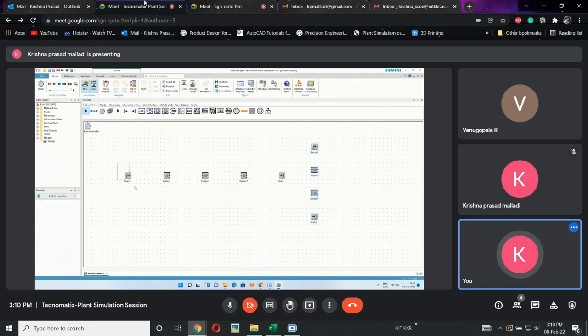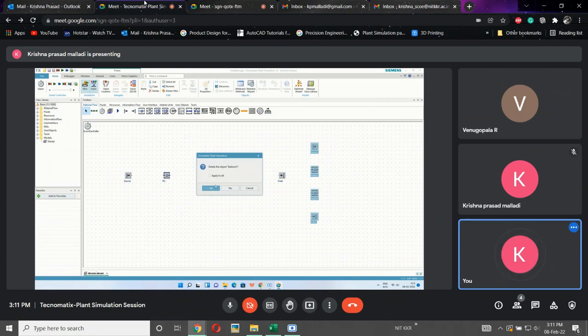Now I have done input, I have done output. I have called three different machines with me. Now I want to rename these things. Instead of station, station, station, I want to rename them. For that, right click on the machine and rename. I will say M1. Same for this one, I will say M2. This machine I will call M3. So I will have three different machines here, and source and drain. Five different elements. So this is my process. I don't want this, so I am deleting it.